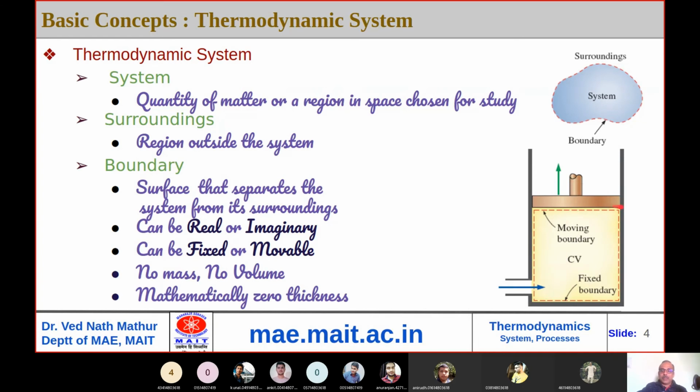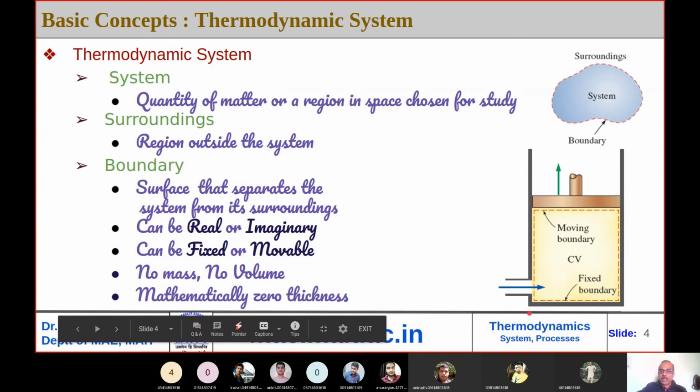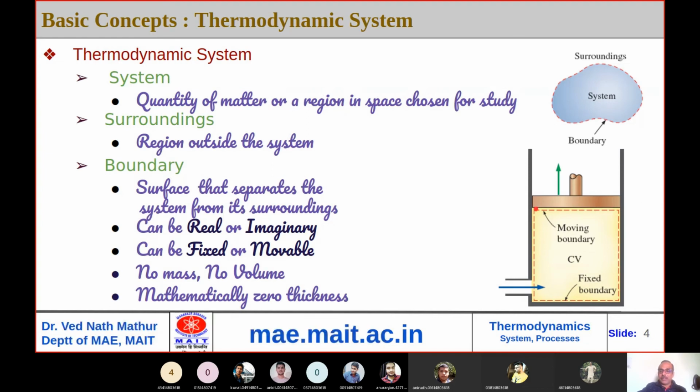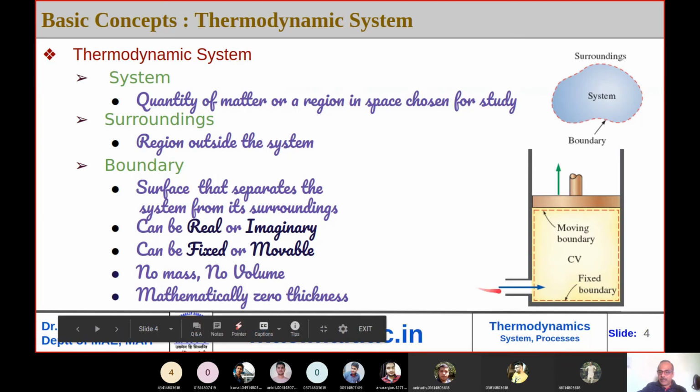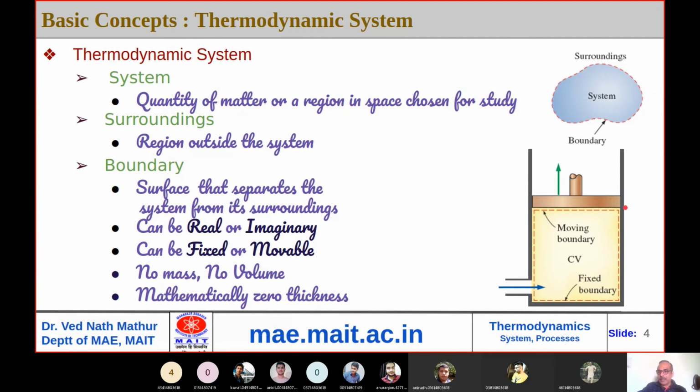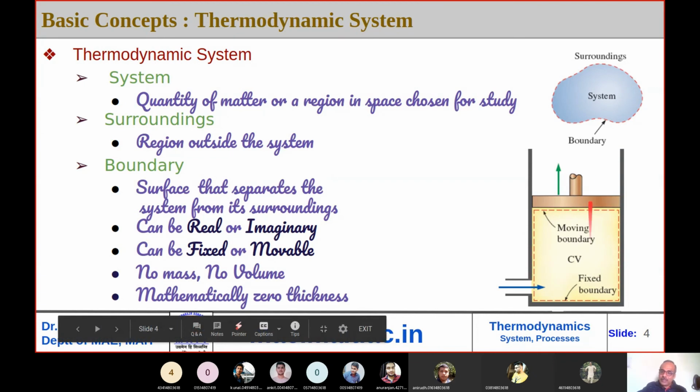So again, there can be two type of approach. Your focus of study is what's happening in the cylinder. The volume is not fixed. The volume is increasing and decreasing as this piston is moving up and down. But there are openings. Mass is coming in, mass is going out. So you have identified this surface as the system boundary, this surface as the system boundary, and this inlet, there's an imaginary system boundary. There can be an outlet. Imagine an outlet here, and there's another system boundary. Now this volume is increasing or decreasing, but our focus of study is this region of space.